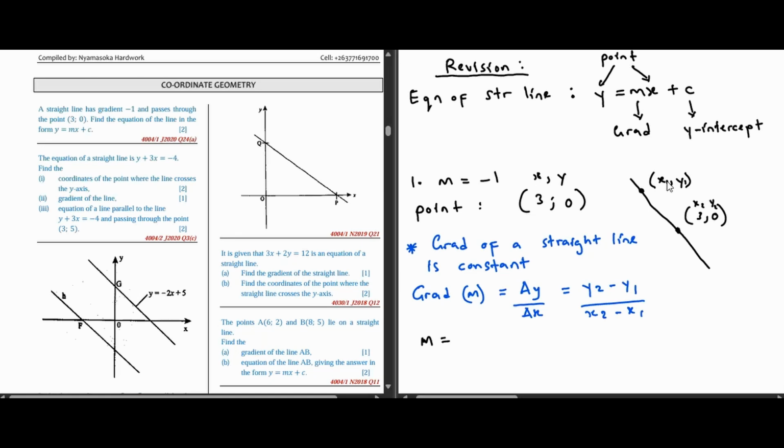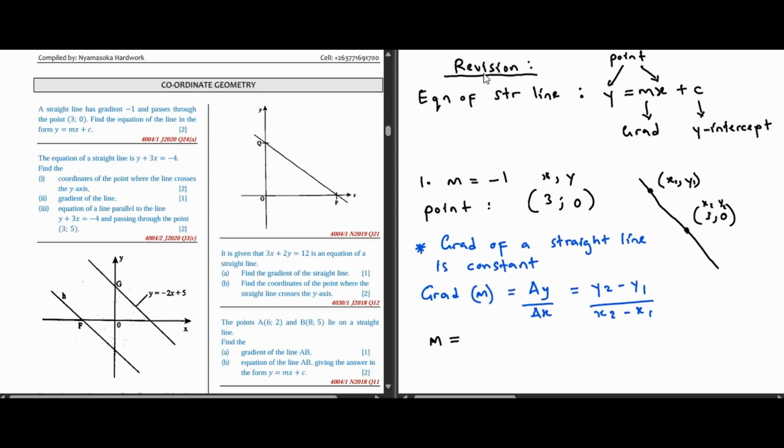M is equal to, what is x1? So it's x1 minus, forgive me. So the gradient M is equal to y2 minus y1 over x2 minus x1. What you can take from this, zvakakosha kuti pese pamunoda kuapply a certain formula, you write it down to remind yourself. Uye it carries its own marks in the event I might make a mistake somewhere.